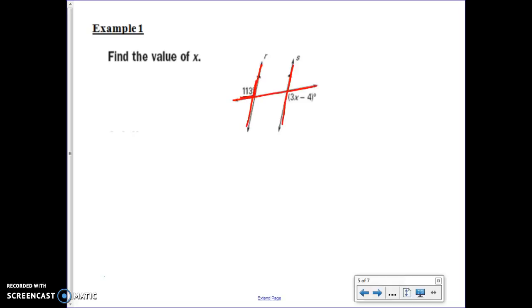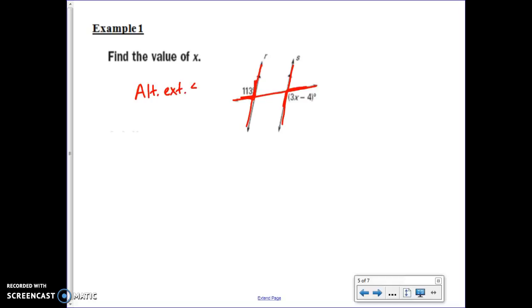So here's one of my angles at 113 degrees, and here's another one at 3x minus 4 degrees. So I need to determine what kind of angle I have. And it's turned in a different direction, but they're on opposite sides of the transversal, and they're both outside. So these are alternate